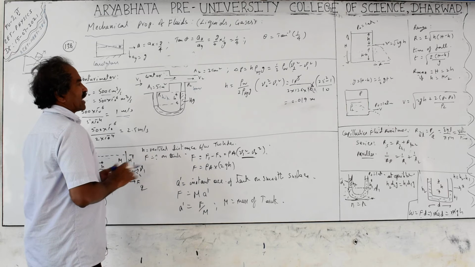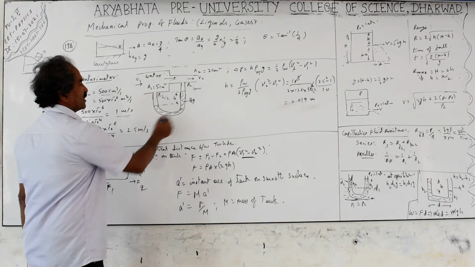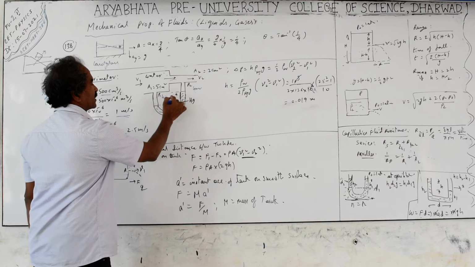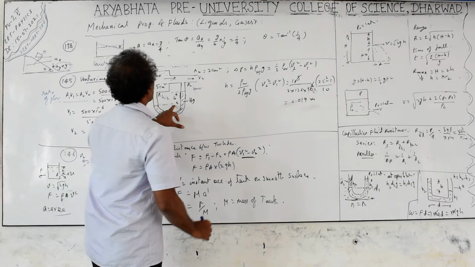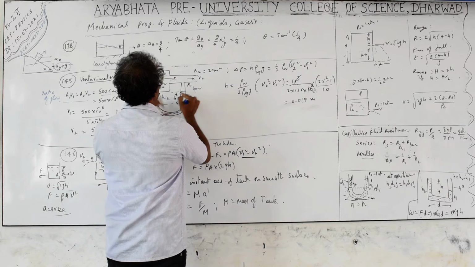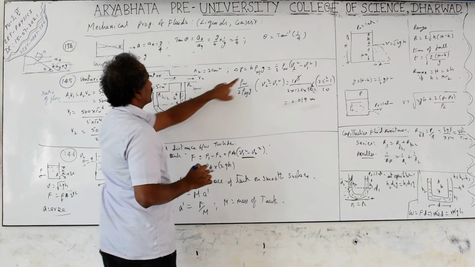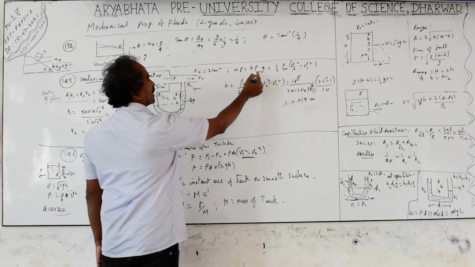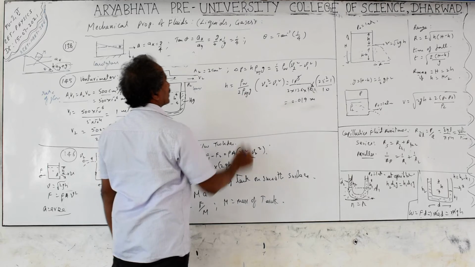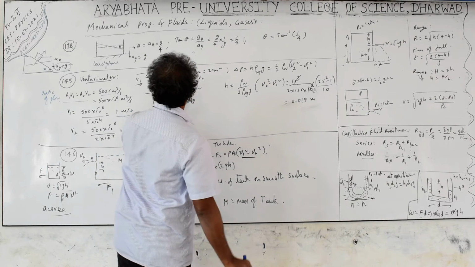A manometer uses pressures, whereas a barometer is used to measure the atmospheric pressure, so we can call this a manometer. This U part, where you can measure the pressure differences, is called a manometer. So here delta P, the change in pressure difference, is nothing but equal to h rho g. h is the height of this mercury level difference, and g is the acceleration due to gravity.